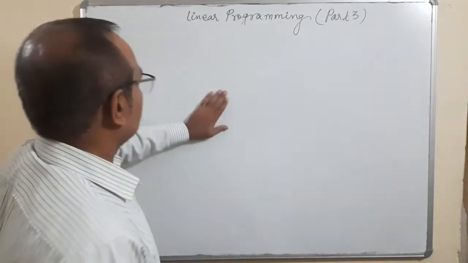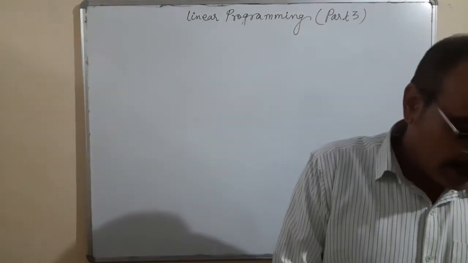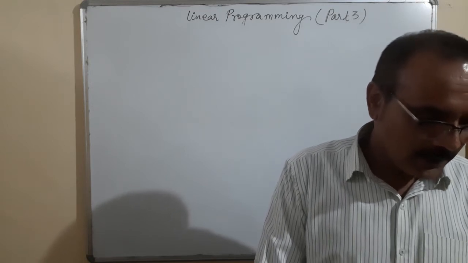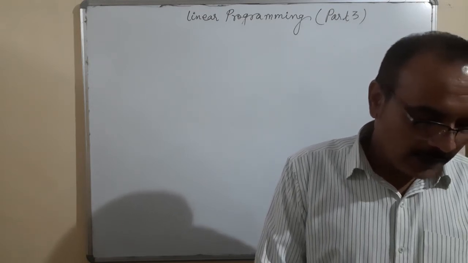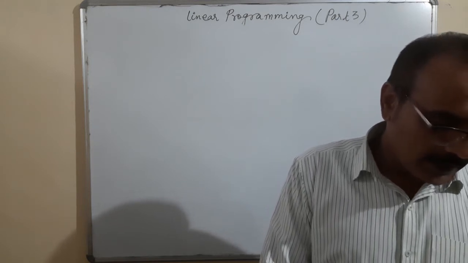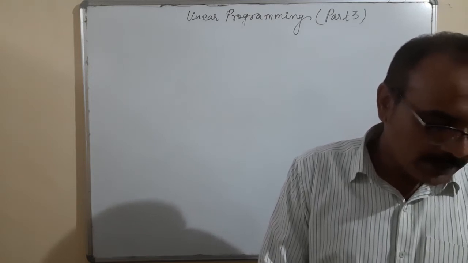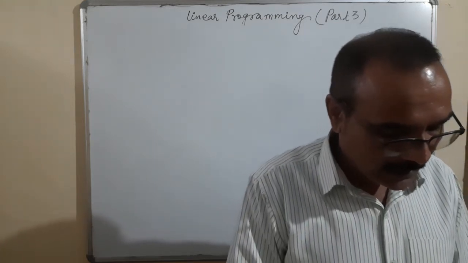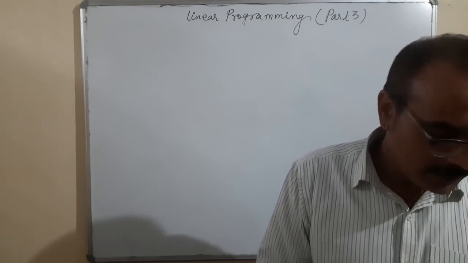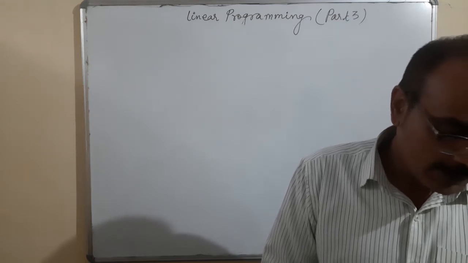So I am taking question number 5. An aeroplane can carry a maximum of 200 passengers. A profit of rupees 1000 is made on each executive class ticket, and a profit of rupees 600 is made on each economy class ticket. The airline reserves at least 20 seats for executive class. However, at least 4 times as many passengers prefer to travel by economy class than by the executive class. Determine how many tickets of each type must be sold in order to maximize the profit of the airline. What is the maximum profit?